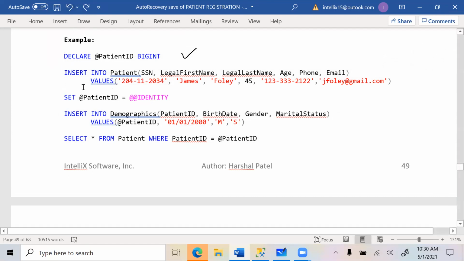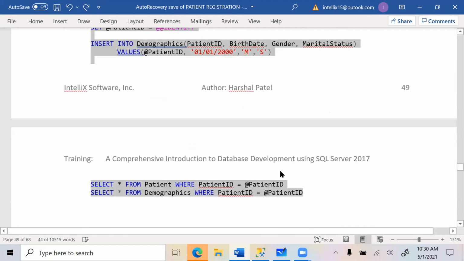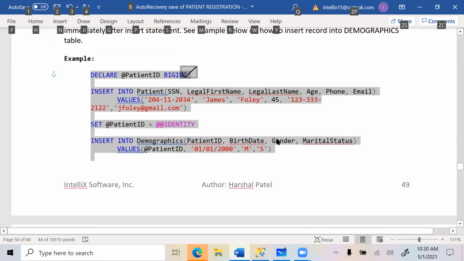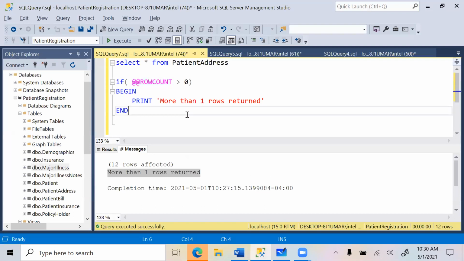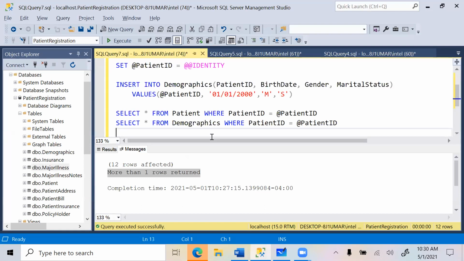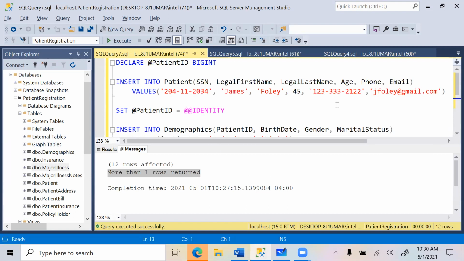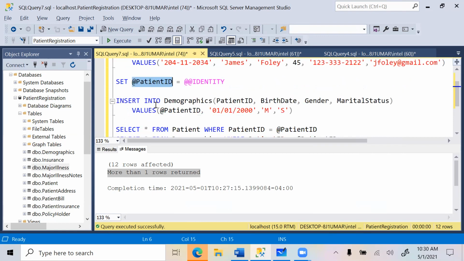So let's take a look at it here. If I run this query, it makes a little bit more sense. What this identity does is read the last value of the identity that was inserted in the previous SQL statement, and it will contain that value. And then in this line, I'm storing that value into patient ID. From there, I can use it anywhere in my query. So if I run this,